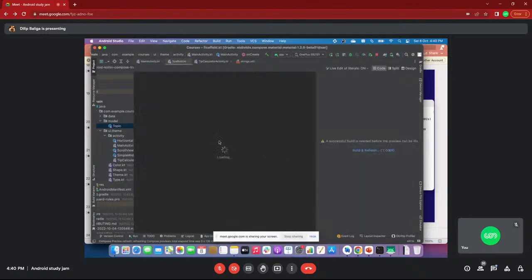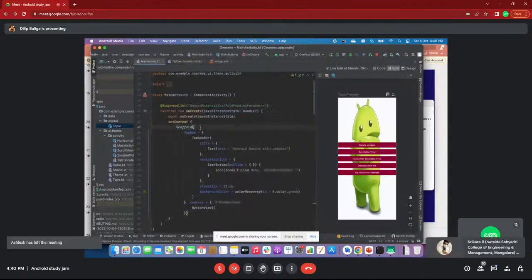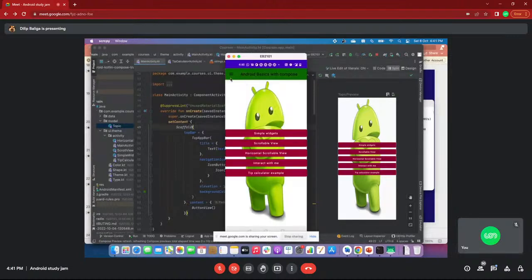Every option is there using Scaffold. It's a little complicated, but no need to worry. It's just to show the top bar. Consider Scaffold just for rendering a top bar.